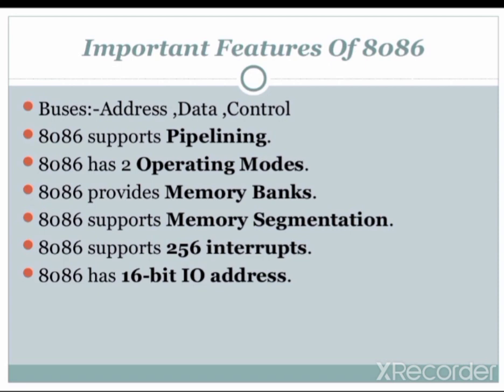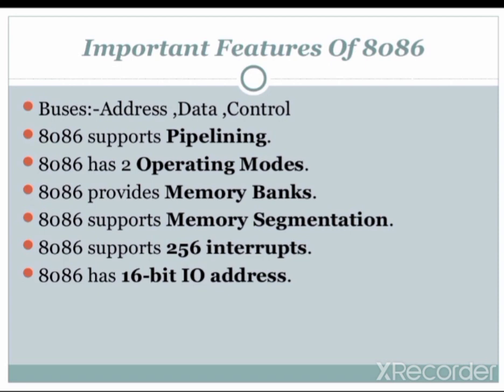So address bus is for generating the address for a particular instruction. Data bus is for processing specific data for a specific command, and control bus is used for control actions like transmitting, receiving bits,